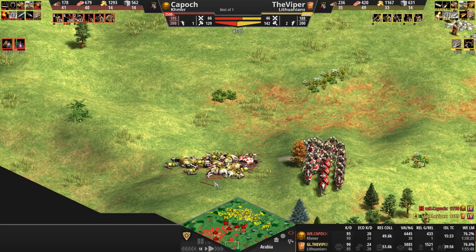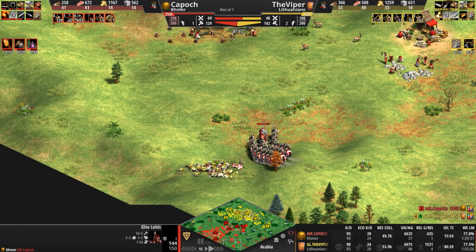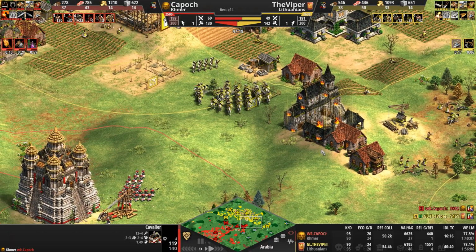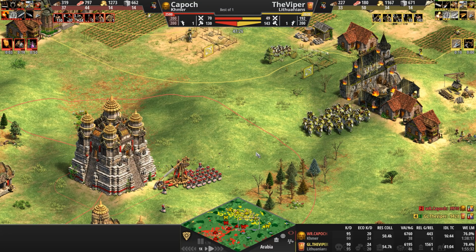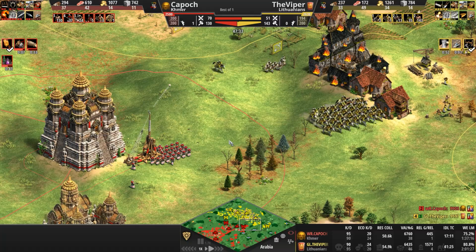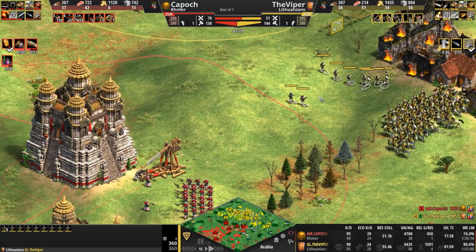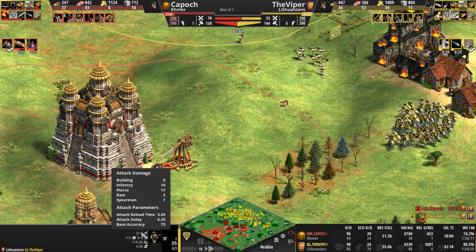Okay, well, Capoch takes another great trade there. First with the halbs, now with the heavy cavalry. The siege continues. I mean, this is a force of halberdiers that can easily get overwhelmed, but it's going to cost the Viper maybe 10, 15 Lechi, and he knows that he doesn't want to face the halberdiers, so he starts adding in hand cannoneers